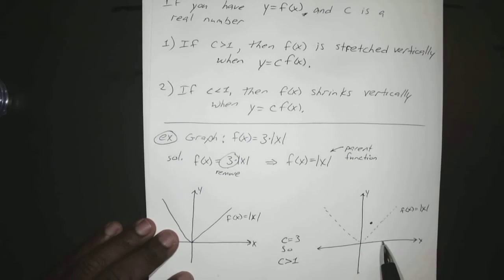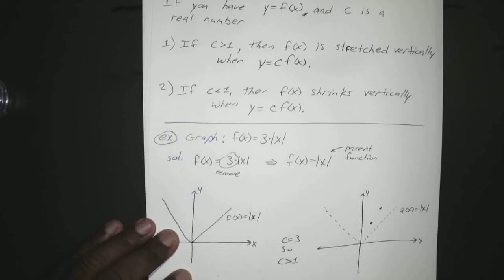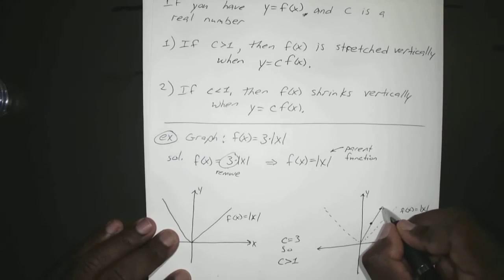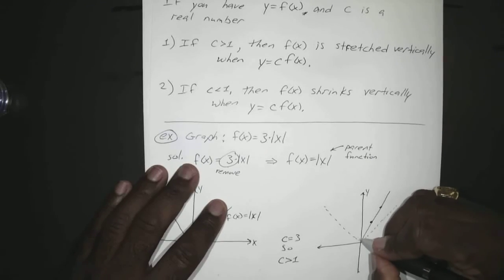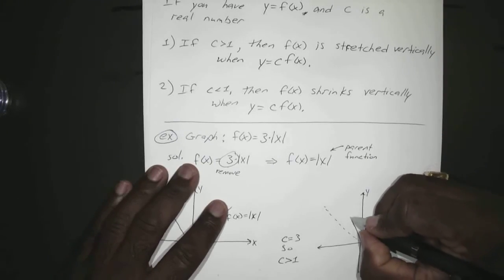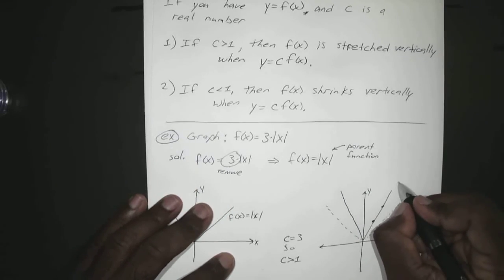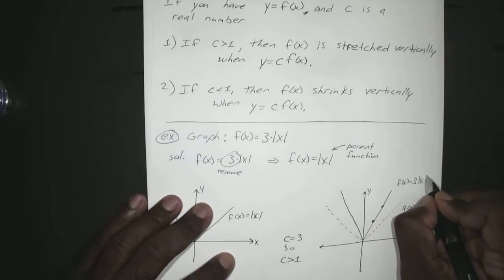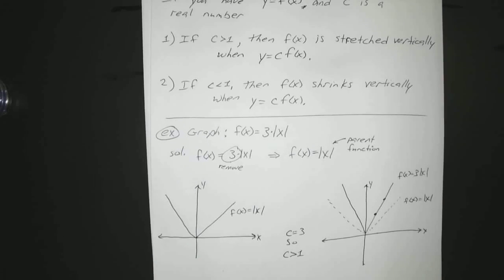If you plug in 2, absolute value of 2 was 2. Now if you multiply that by 3, you end up with 6. So now this entire graph stretches upward. So this would be your f of x equals 3 times absolute value of x. Does that make